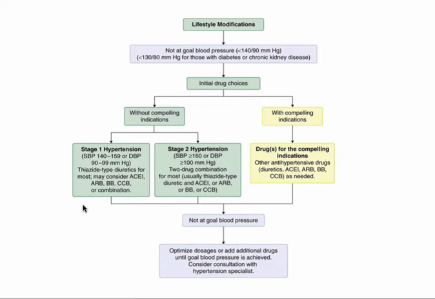There's a good chart in your text, on page 506, with combination products. I don't expect you to memorize all that, but as you can see when you look at that page, many of the agents that we give are available in combination formulation. A lot of them will be an ACE inhibitor combined with a thiazide diuretic, or an ARB with a thiazide diuretic. And then we have other medications like a calcium channel blocker plus an ACE inhibitor. A lot of this is for ease of administration for the patient,